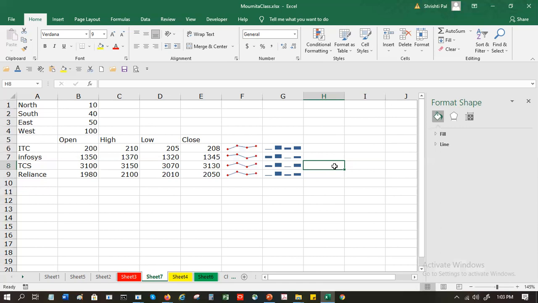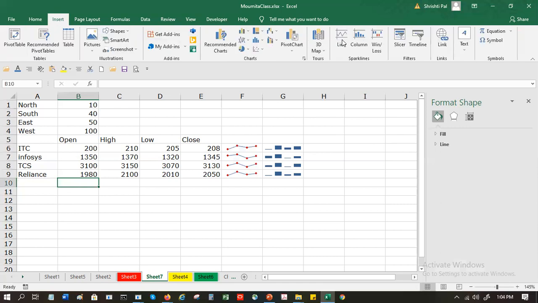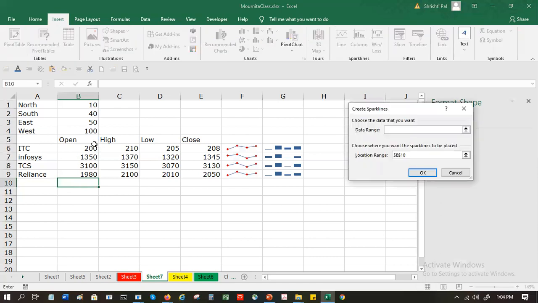So suppose I'd like to see the lines for column B, B6 to B9, meaning ITC, Infosys, TCS, and Reliance, the opening numbers. It would ideally make sense if I put a graph here, right? So I'll go to insert, I'll go to lines, and the data range I will give like this.